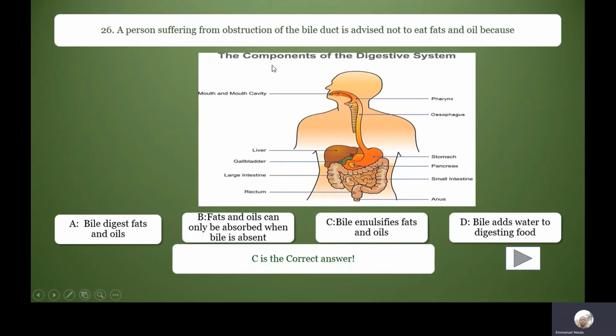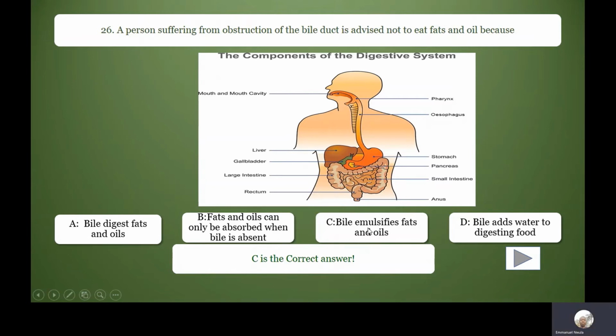A person suffering from obstruction of the bile duct is advised not to eat fats and oil because bile emulsifies fats and oils. The liver produces bile, and the bile is carried through the bile duct into the gallbladder, where it is stored. So if the bile duct is blocked, the person will be advised to keep away from fat and oil because there will be no bile